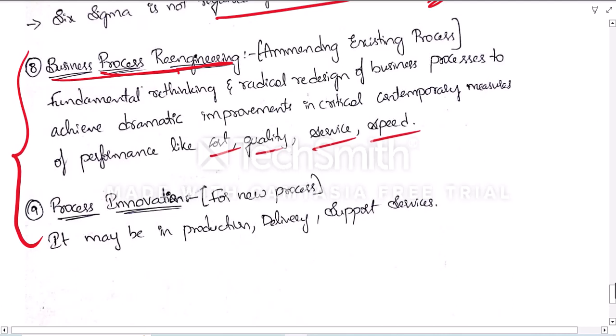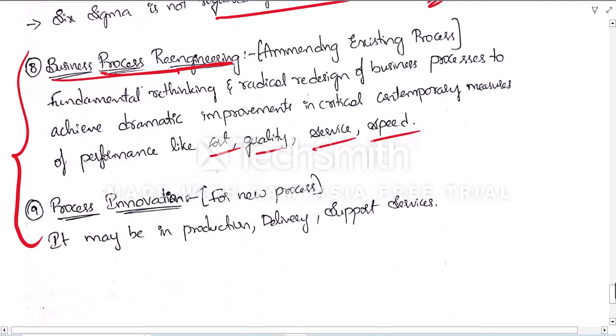It is different from Kaizen costing, where the changes are small. We apply small, incremental changes regularly, and eventually they turn into a substantial change. But here the process itself is a new one. It is a complete change of the existing process.